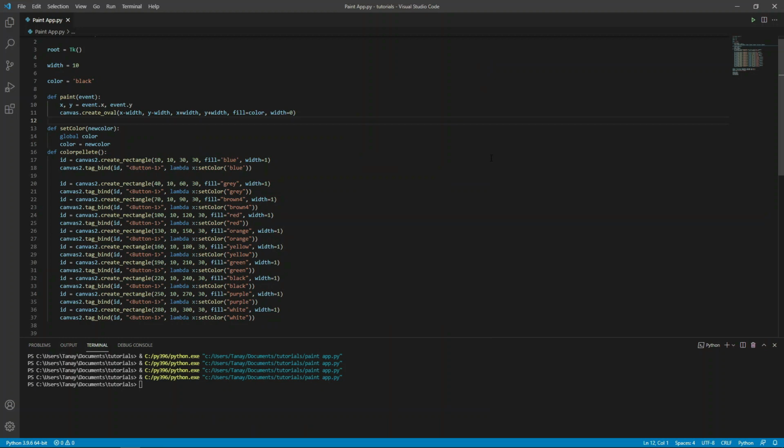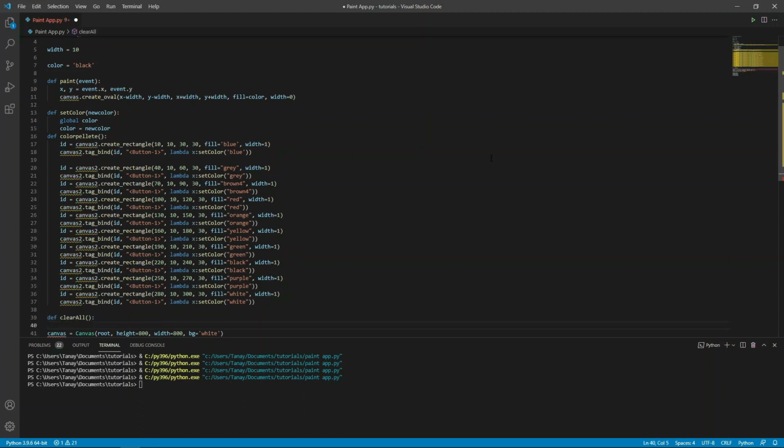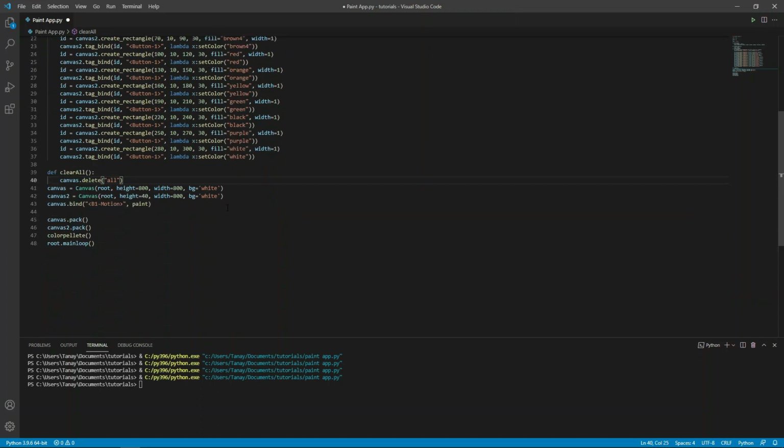Now we have to make a function which will clear the canvas. For that we will type def clear all, canvas dot delete all. Let's make a button to call this function.